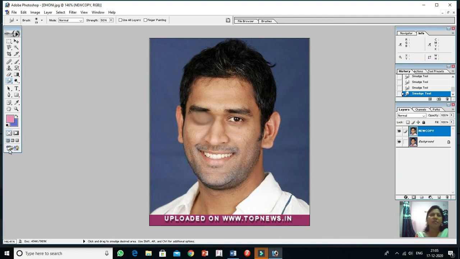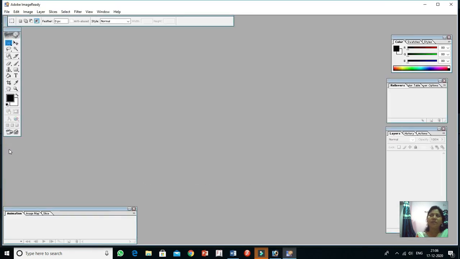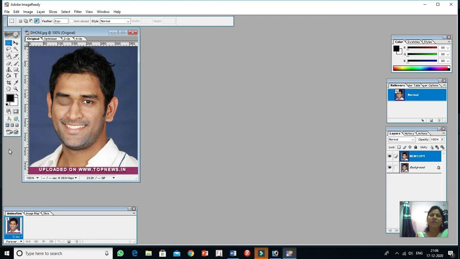Now click the Image Ready option, otherwise you can press Ctrl Shift and M to maximize the closed eyes photo. Okay. Then maximize it.